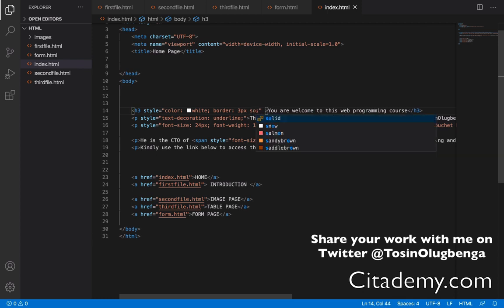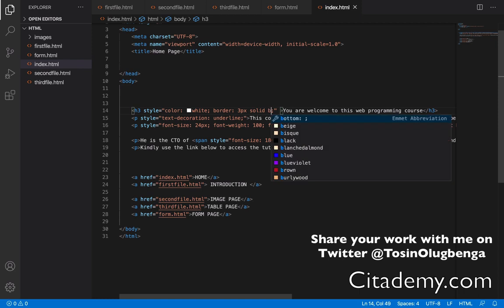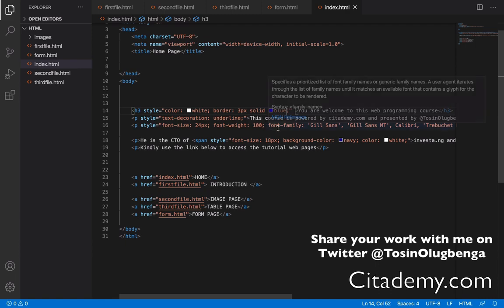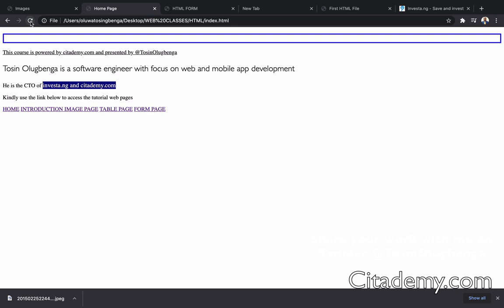Solid. Okay, then solid, then I can also decide the color of the border. So maybe I want it to be blue. I think we used something like this when I was trying to do the table. All right, so if we check it now, look at the first paragraph, it is circling